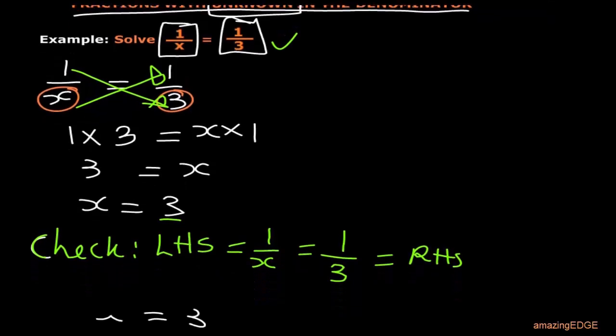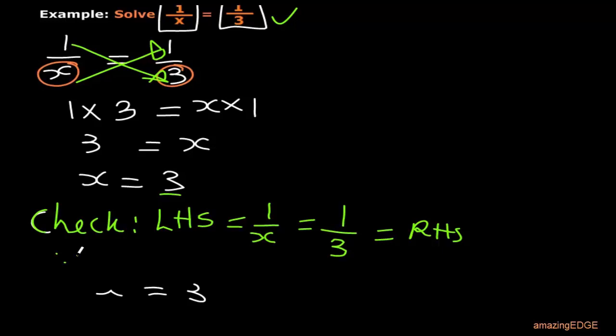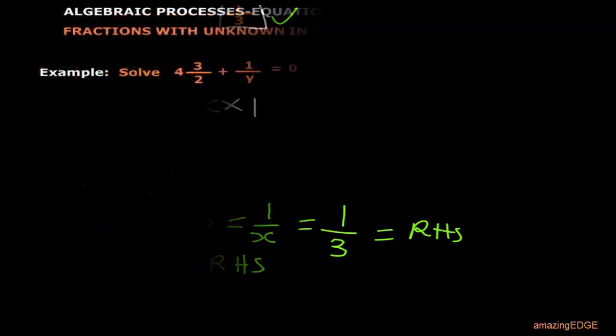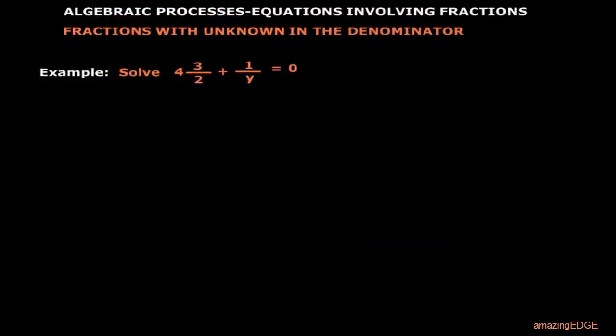So now what do we have? We have therefore that the left hand side is equal to the right hand side. Therefore what we have calculated is perfectly in order. So that's how to check. Here in this example we have to solve this equation. Here you still have your y, which is unknown, as being the denominator. So what do